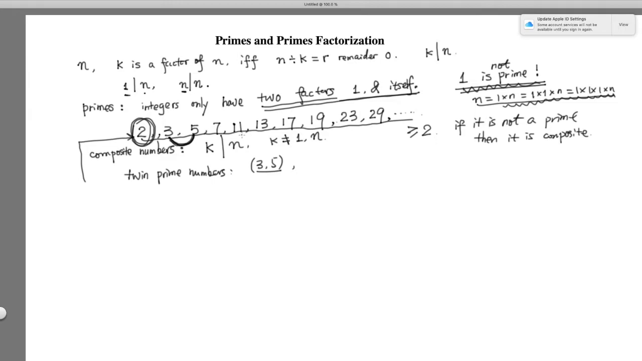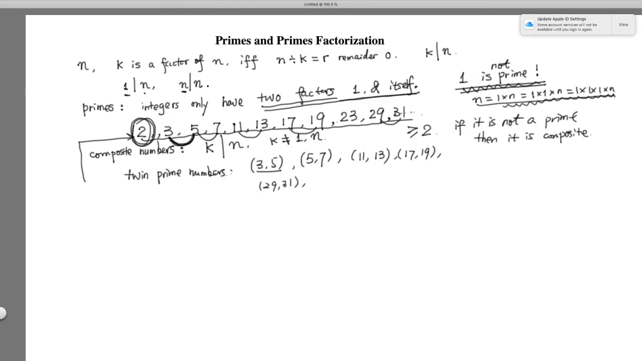And then you see the next twin prime number is 5 and 7. 5, 7 is another twin prime number. And then you see 11 and 13. 11, 13 is another. The next one you see is 17, 19. 17, 19 is a pair of twin numbers. The next one, well, 23, no, the next one is actually 29, 31. So 29, 31 is a pair of